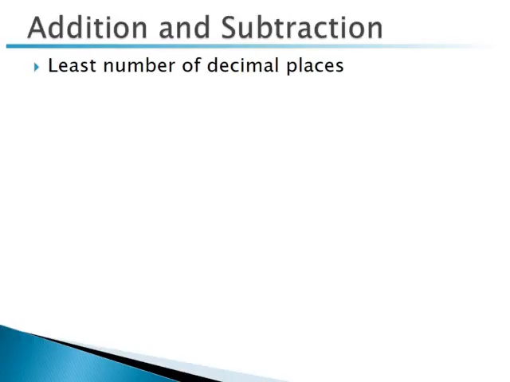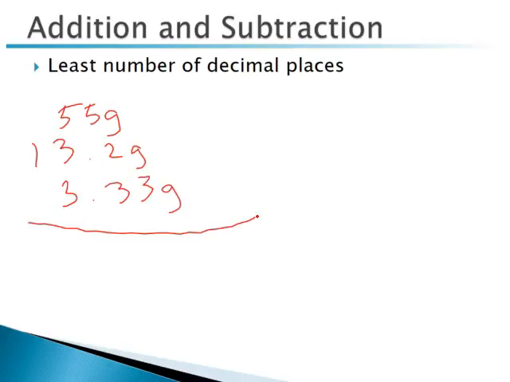So let's say we weighed 3 things in a lab. Maybe we had a beaker, it weighed 55 grams. Maybe we had some water in the beaker and it weighed 13.2 grams. And maybe we put a rock in there or something to measure and it was 3.33 grams. So let's say we were looking for that total mass and we had to add up all these values. So 55 plus 13.2 plus 3.33. So when we do add that, we get